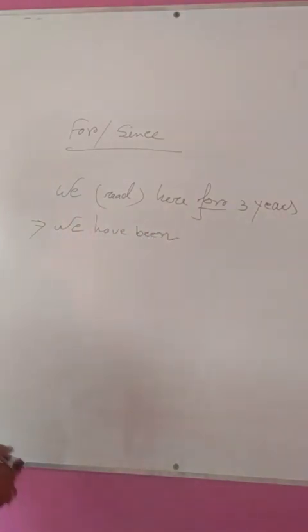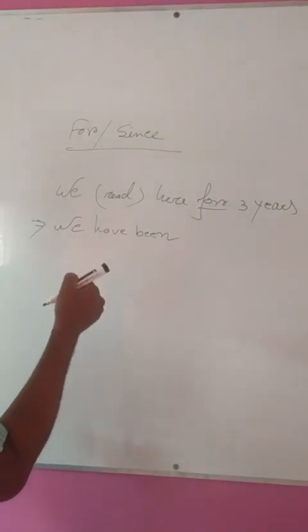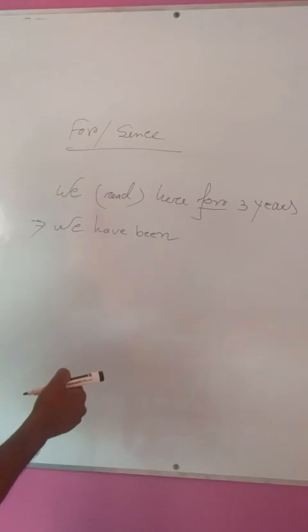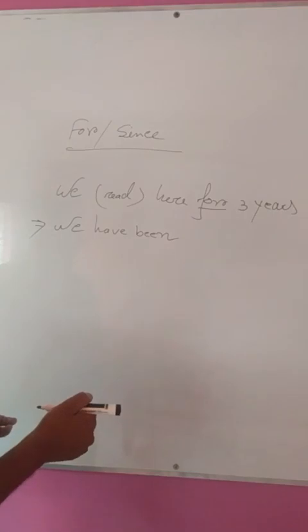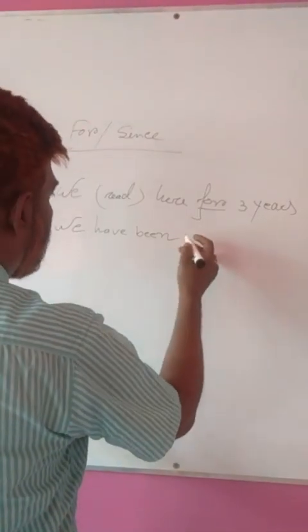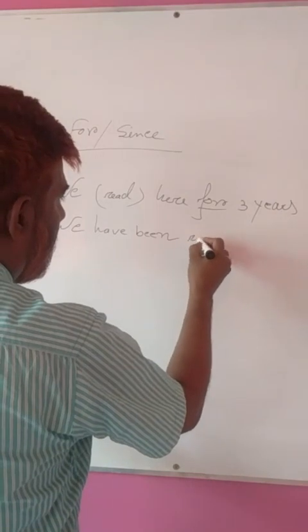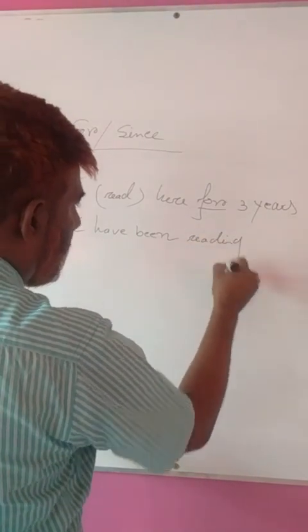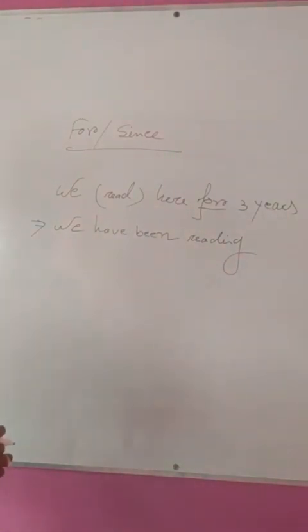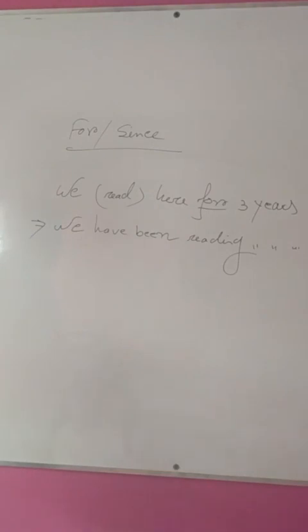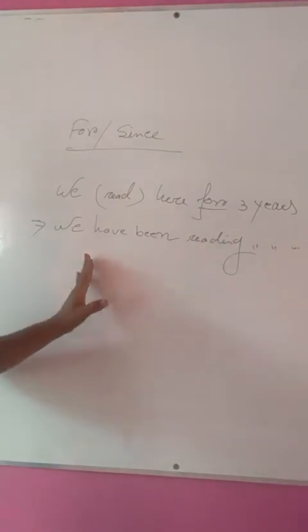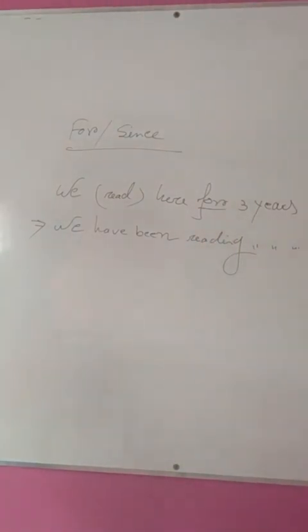For this reason we have to use we have been, and you know that in any sentence of continuous tense, we have to use ing in the ending position of a verb. So we have to use ing, reading, with the base form of the main verb. We have been reading here for 3 years. What is the meaning of this sentence? You know, the meaning of this sentence is আমরা ৩ বছর যাবত এখানে পড়ছি।